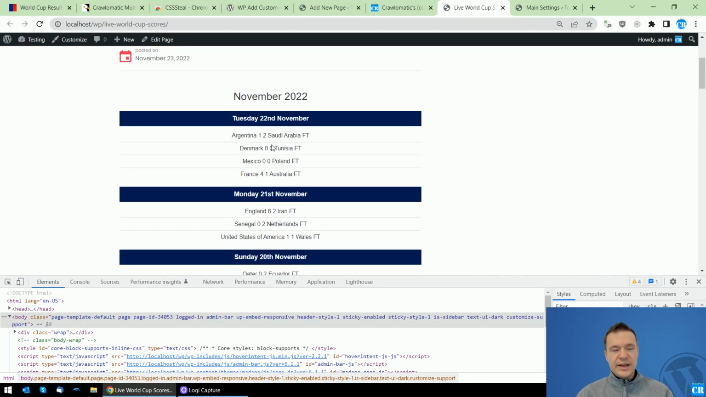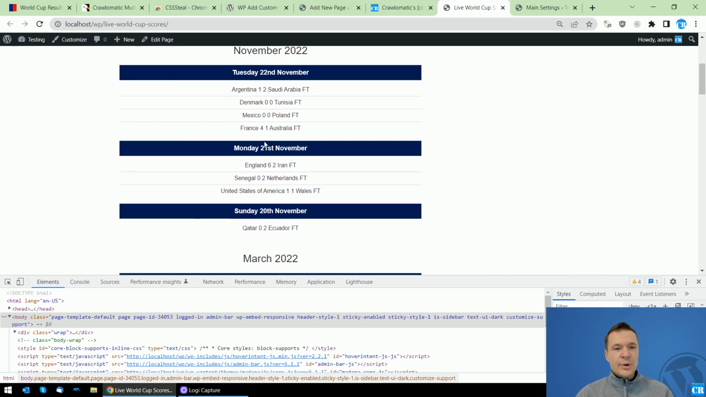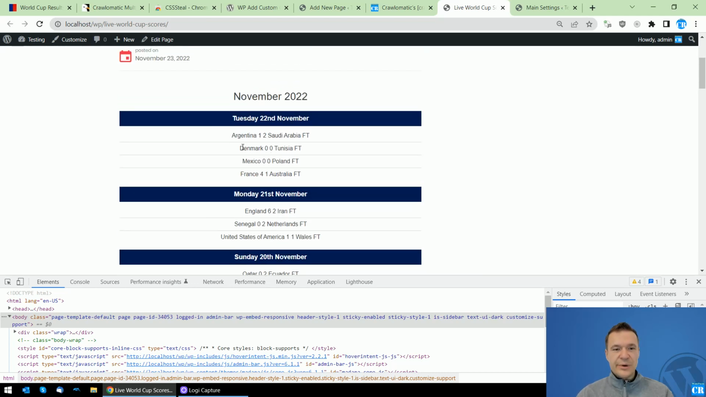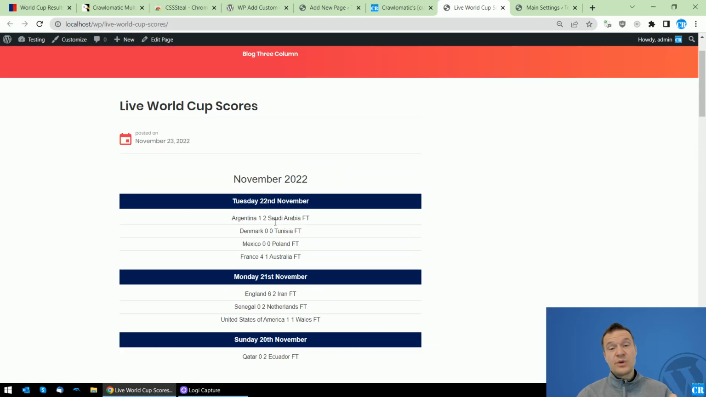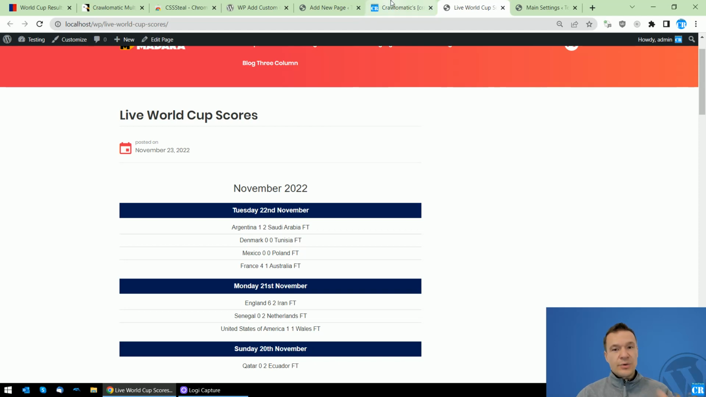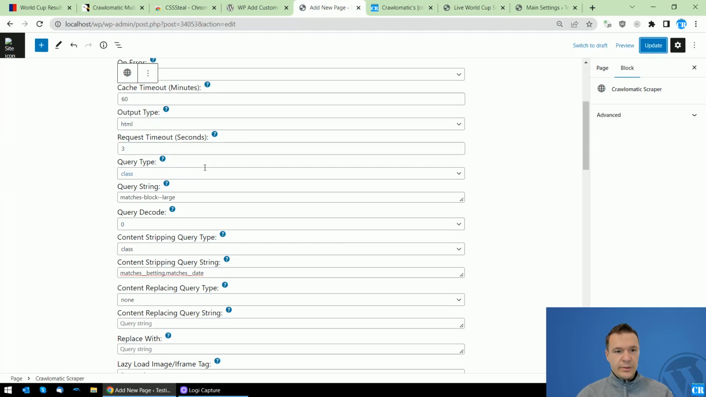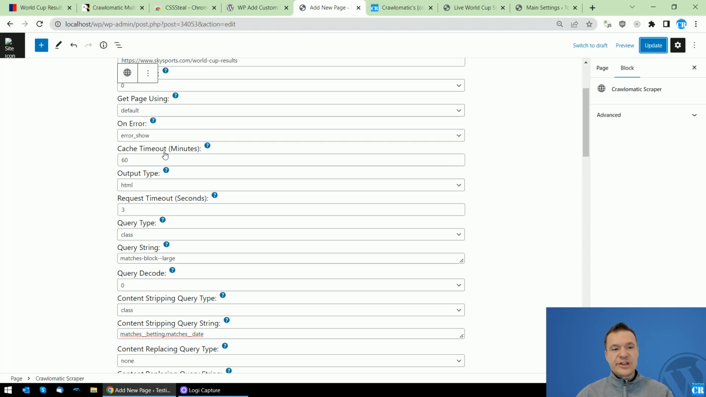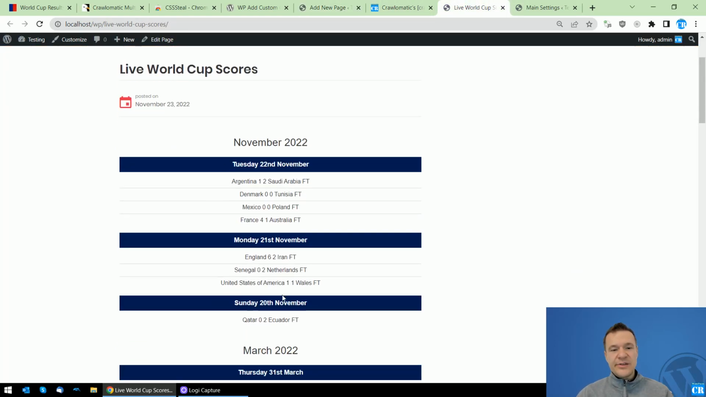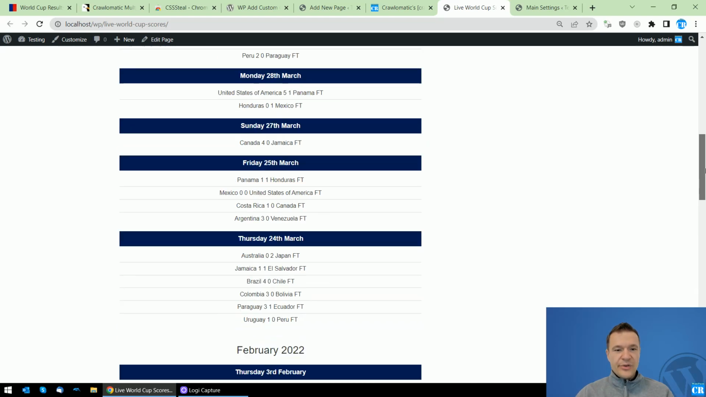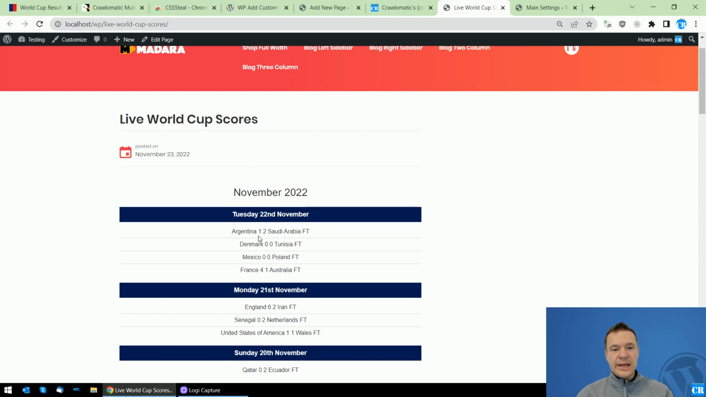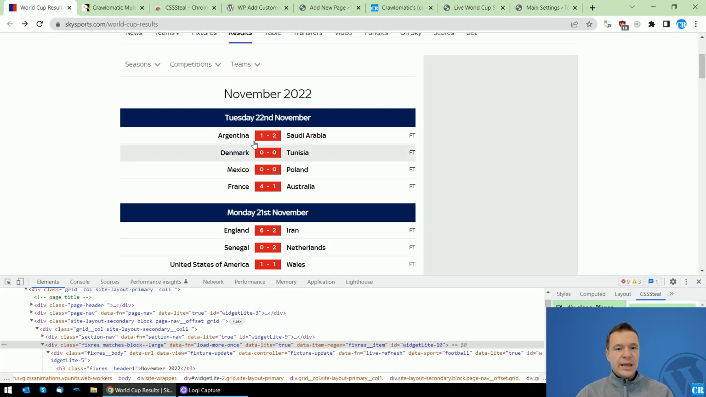So you will see that the unwanted parts have disappeared now, and we have a nicely looking score, and this will be automatically updated by Crawlomatic by the cache timeout you set here. So if you set here a smaller value in minutes, then Crawlomatic will automatically update this table once in a while. So one more thing, if you want to add the scores in red as they are here,